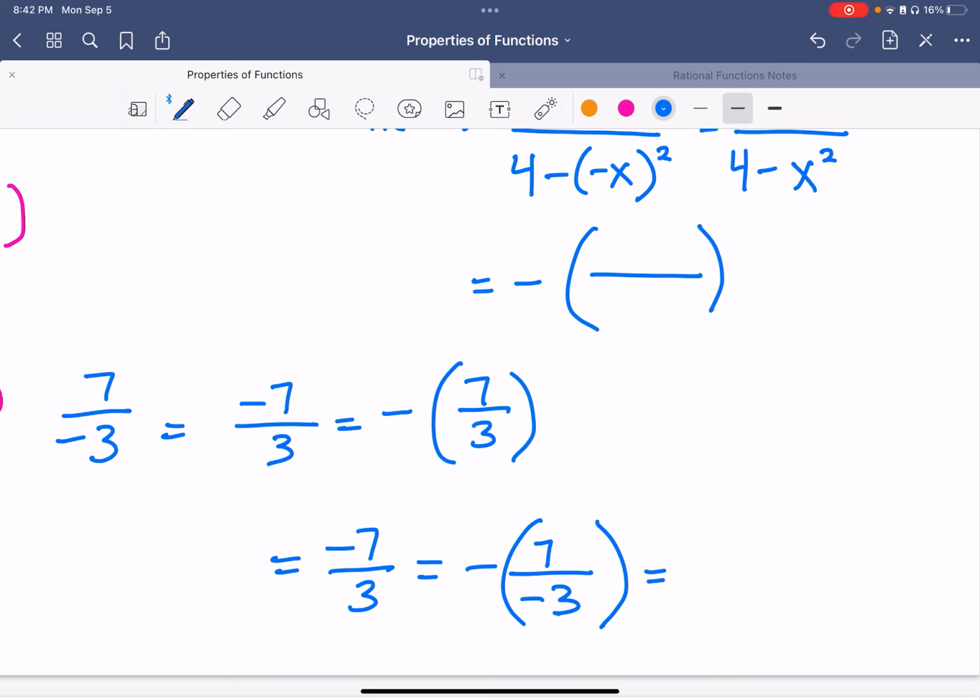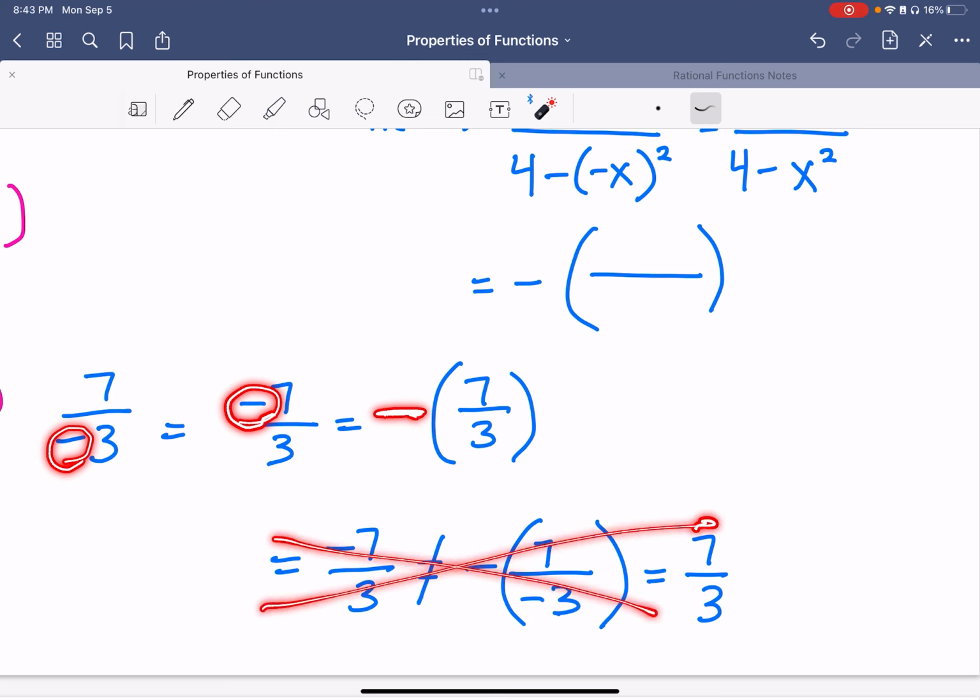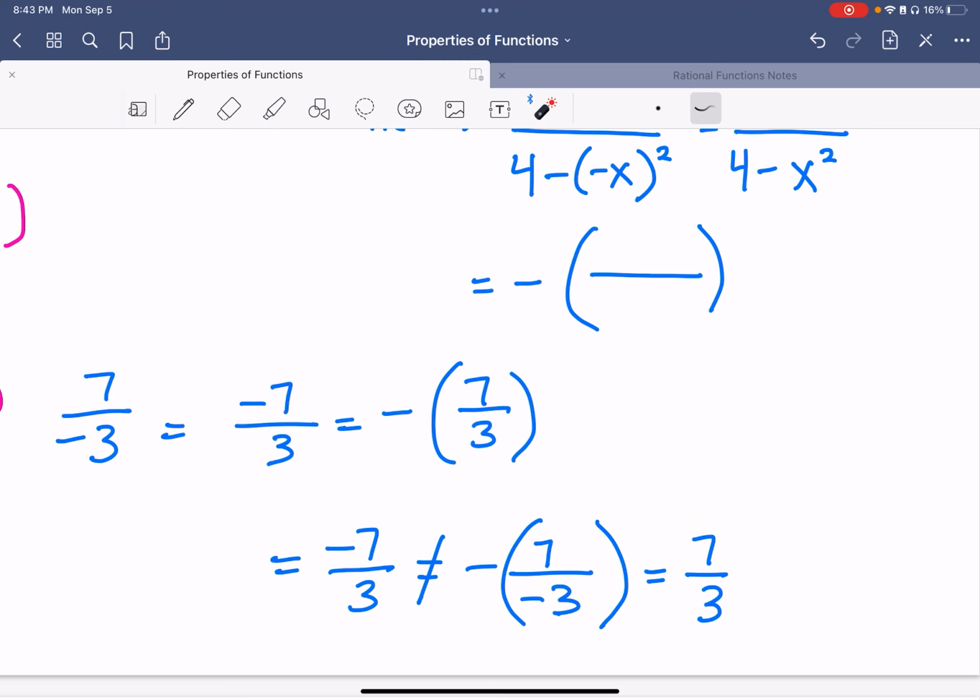What they're not realizing is that these two negatives ultimately make a positive, right? A negative divided by a negative is a positive. So now these are not equal to each other. Negative 7/3 is not equal to positive 7/3. So for that reason, you're only going to take it out from the bottom or the top, and you just put it on the outside, but you don't want to take it out of both the numerator and the denominator. Okay,